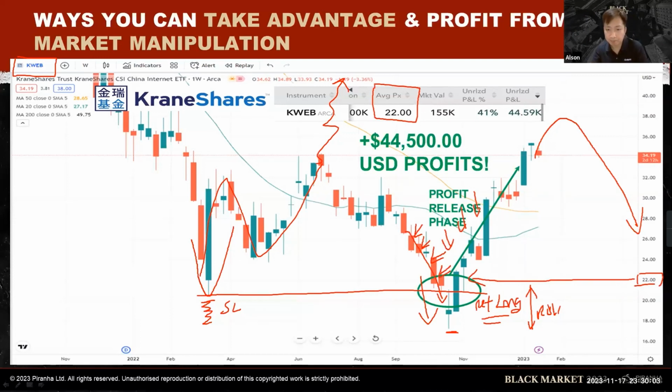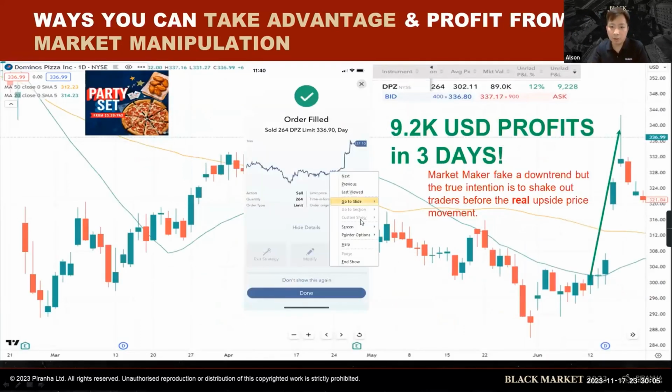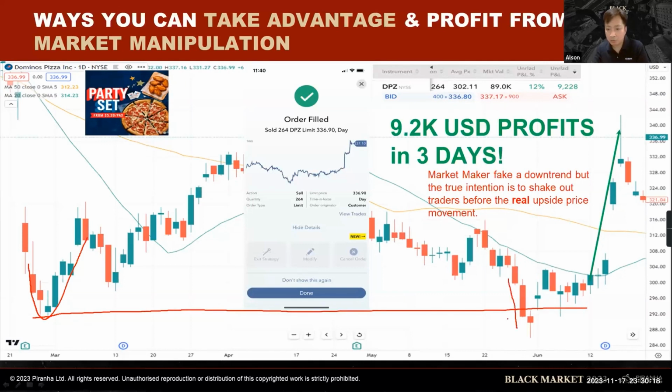Okay. Domino's Pizza over here as well. You can see over here, guys. In fact, very subtle. Domino's Pizza, you can see, this is actually a swing low, which I just taught you guys. The price goes below and then it goes back up. Very subtle. And I saw that. I actually saw what the market maker is doing. In fact, he did this.